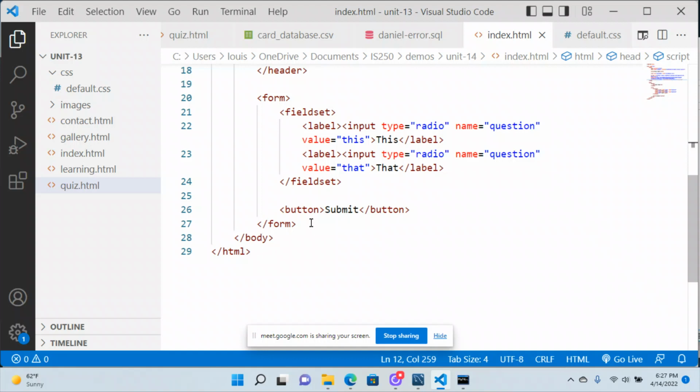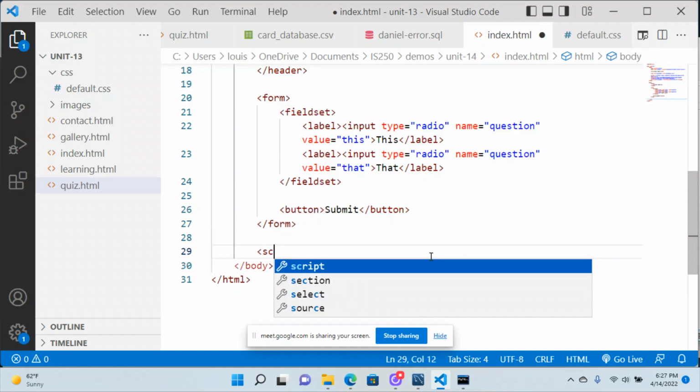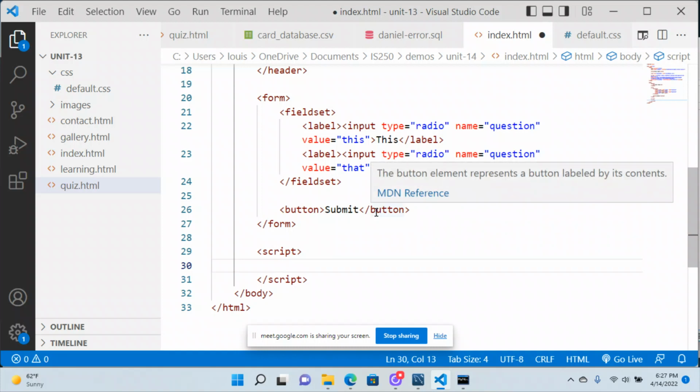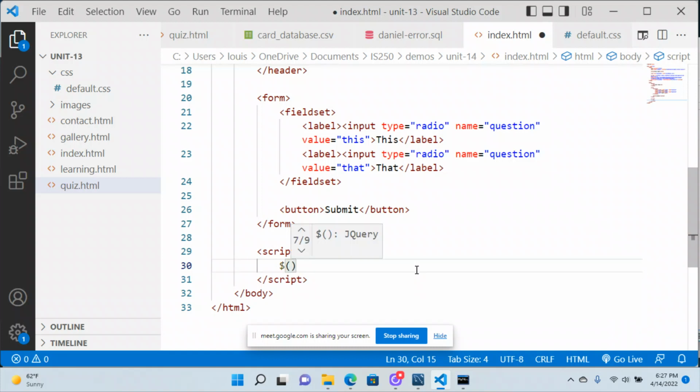I'll be specific with it, but you should know, if you're going to go for the extra credit, maybe you get the whole test done in half an hour and you think, yeah, sure, I'll try some of that extra credit. Why not? Put the script element at the bottom of the page and do something with it here. So I probably will ask just to attach an event handler, like a click event handler, to the submit button, like this. And if I ignore the generic function at the beginning, I can actually just